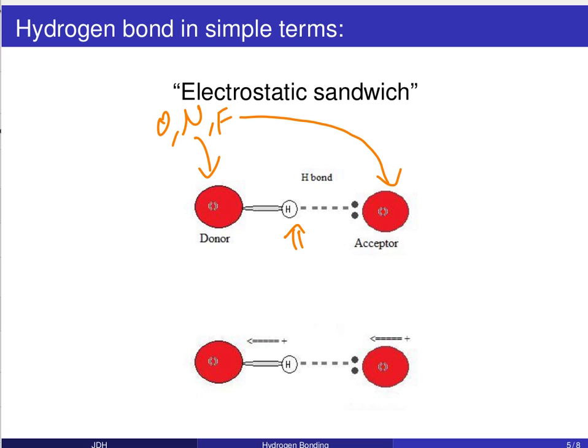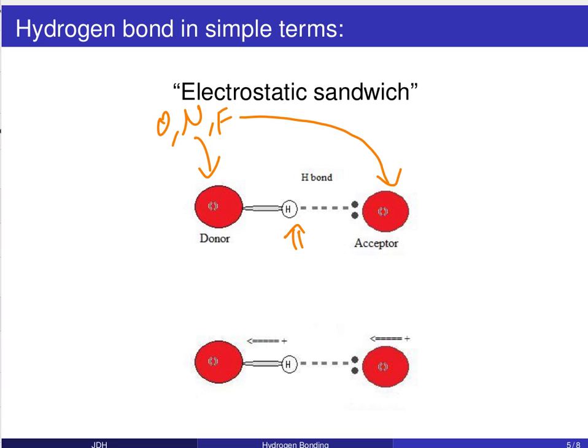So basically, this electrostatic sandwich model is what you always have to be looking for when you're trying to assess the types of intermolecular interactions that can occur within a given compound. Dipole-dipole: identify, do you have polar bonds? But you always have to take it a step further and ask yourself, can you have this specific type of dipole-dipole interaction? Can you get this hydrogen bond electrostatic sandwich? Because if you can, what our plot showed is that it can have a very dramatic impact on the strength